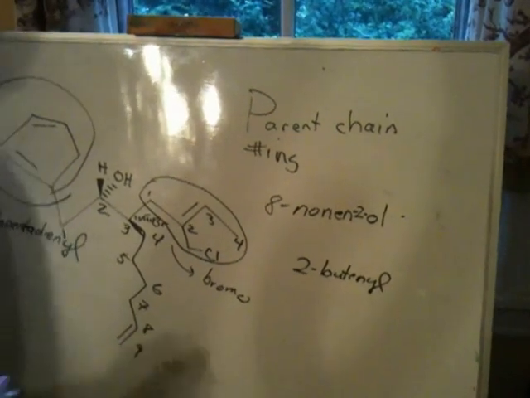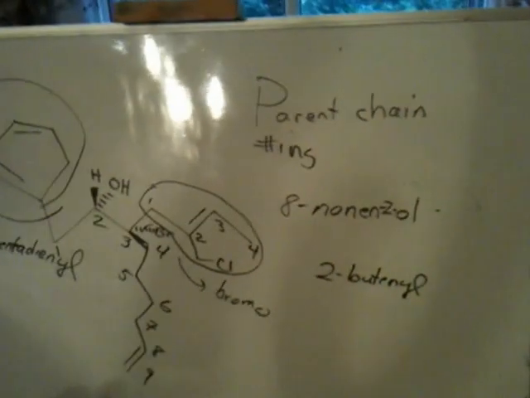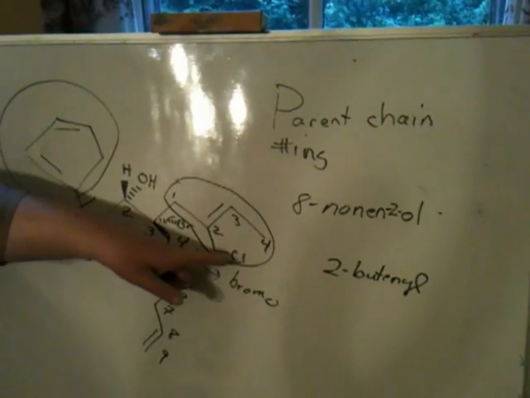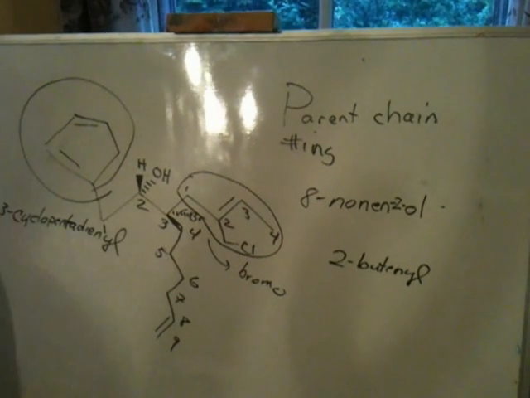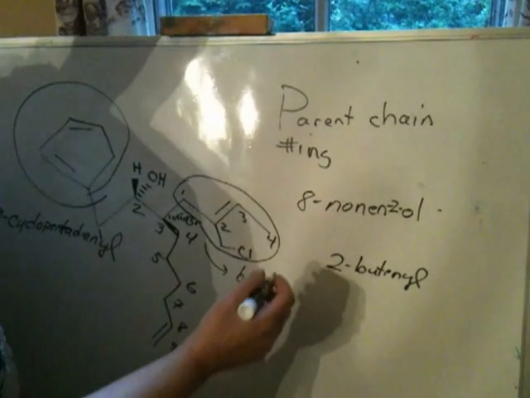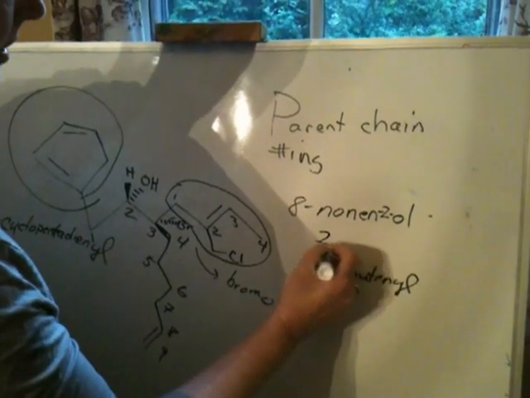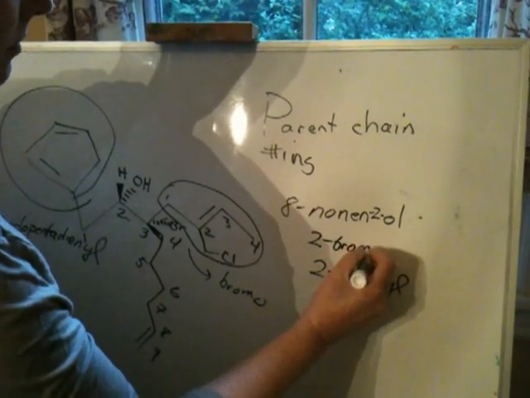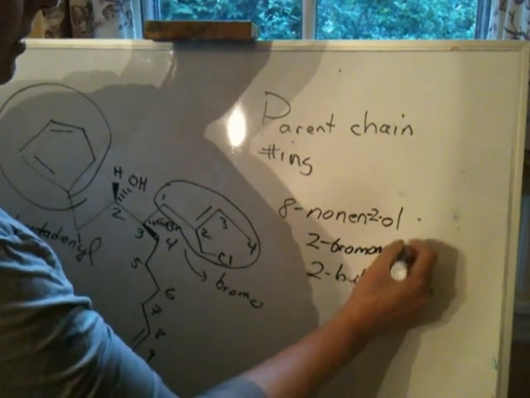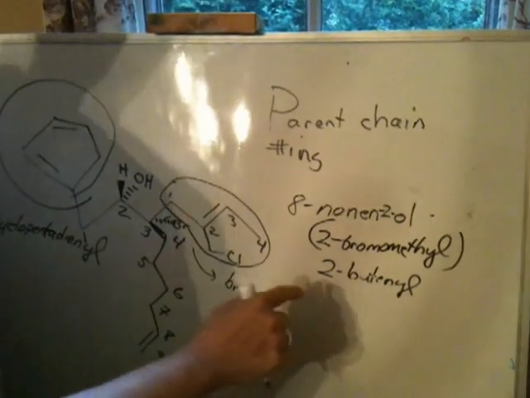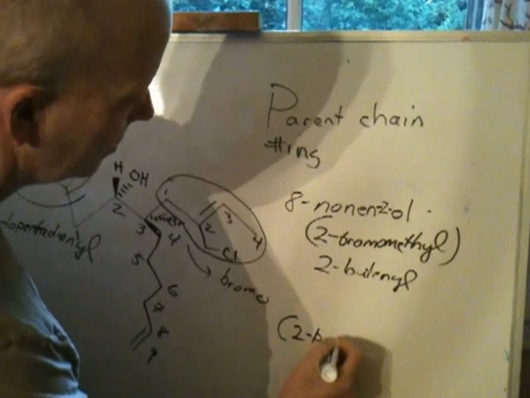And I wanted to bring this up because on your quiz answer keys, I talked a little bit about redundancy. This is another situation where you'd have redundancy. If you have a substituent on a methyl group, you don't need numbering. You don't need numbers on it. So this side chain would be a 2, I think I'll put it in parentheses though. It's a 2-bromomethyl in parentheses, okay, 2-butenyl group, and then the whole thing, so the whole thing would be 2-bromomethyl,